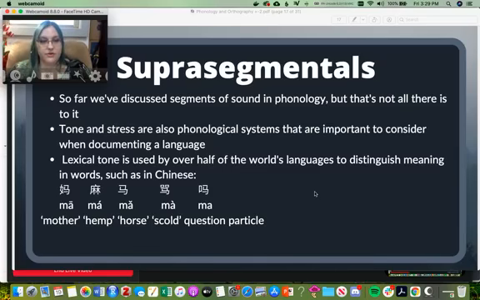Lexical tone is used by over half of the world's languages, in fact, to distinguish meaning in words. So Chinese languages do this, right? Depending on the tone, and the diacritic here in the pinyin will tell you what the different tones are, that will distinguish the meaning of a word. So these are essentially all minimal pairs, right? They're a minimal set because they are distinguished only by one thing,